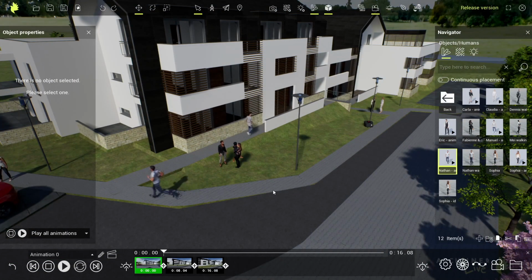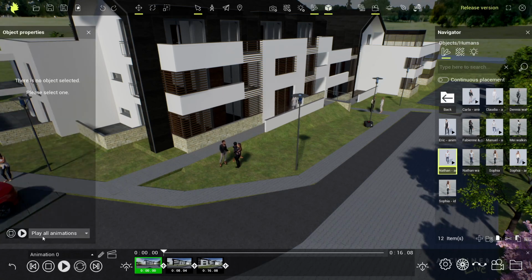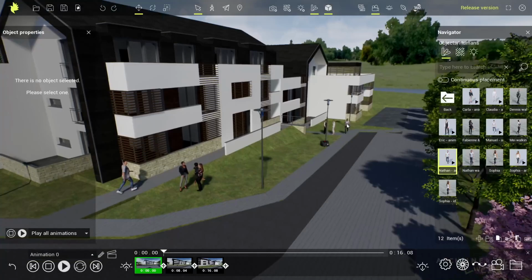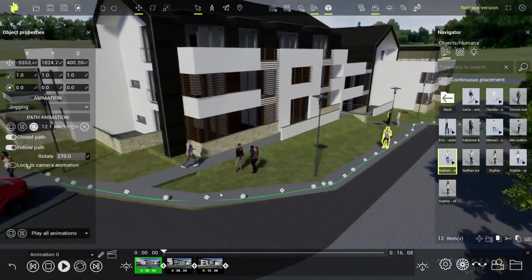You can actually, at any time, by just simply enabling the object properties panel, either stop all the animations like this, and then everyone goes back to the starting position, or you can start all animations, or you can also freeze all animations so they will stay where they are at that very specific moment. So in that case, it will be much easier to select Eric and edit his path, change his animation, or even change how the animation works,